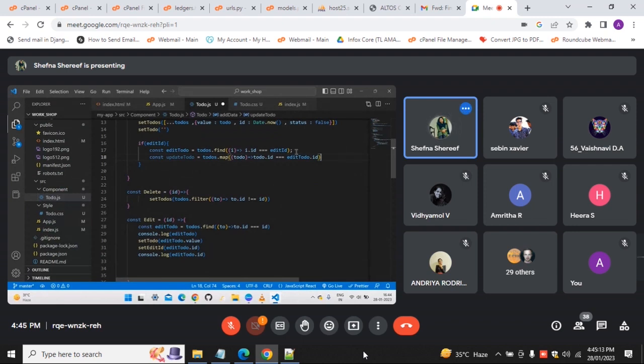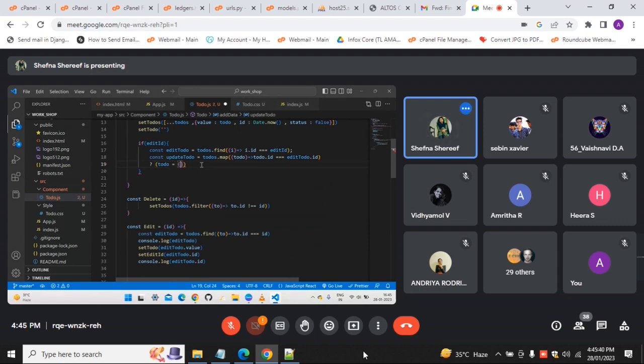To operate all the data, to access all the data in the to-do list. Okay, so to do, pass a parameter as a to do, then to do dot id equal to edit. This is going to execute to do equal to, now the to do contain an object. Okay, so we have changed the